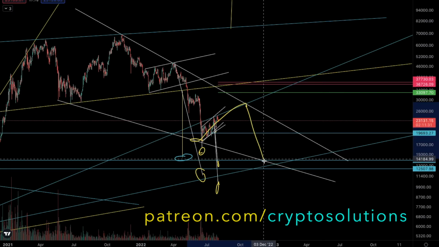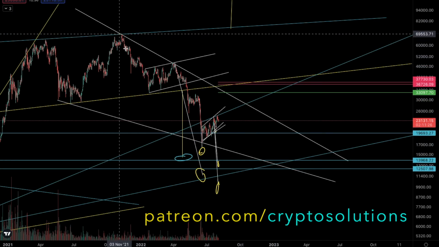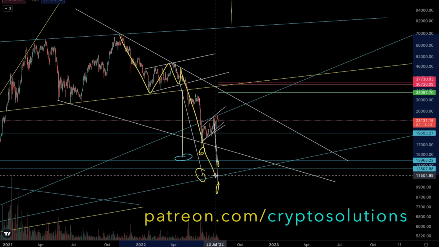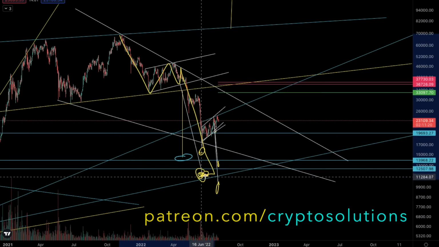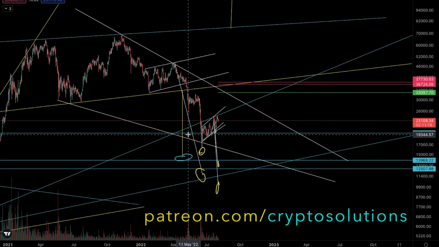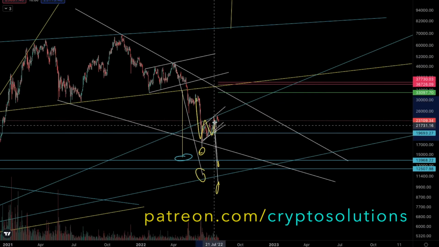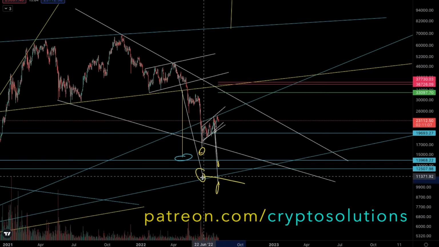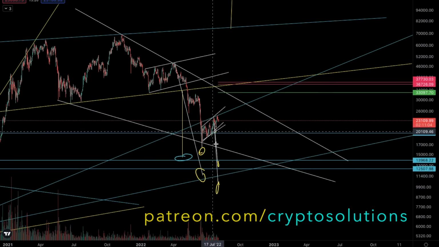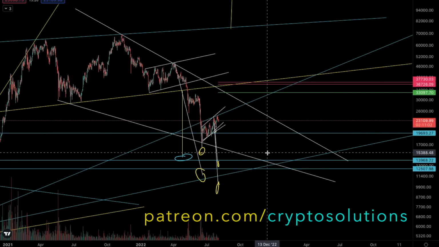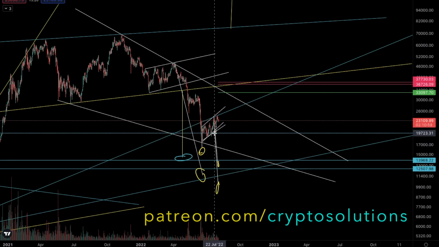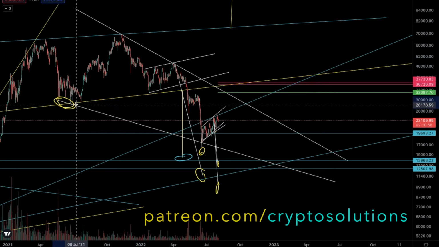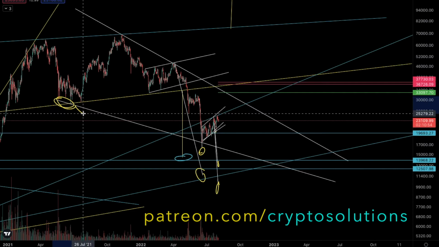And we have here a pattern that can determine that support also. We have various patterns, like this bear flag right here, which has a price target around the $10,500 level. We have another bear flag right here, which at this moment hasn't broken out in the bearish way, but it has a target also around that $10,200, $10,280 level. Okay, and at the same time we have this huge descending wedge,